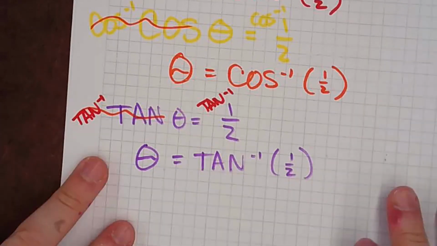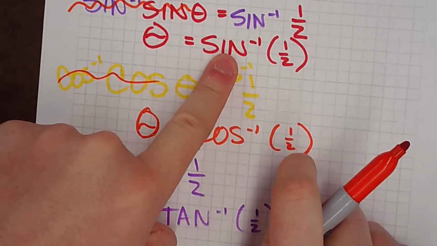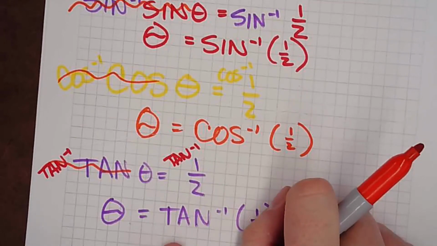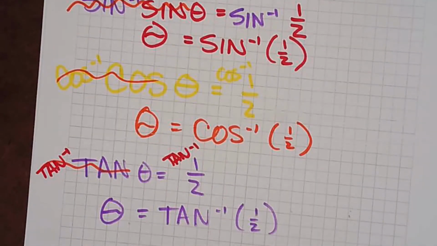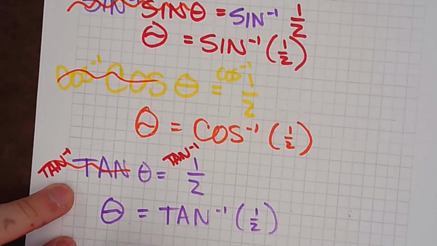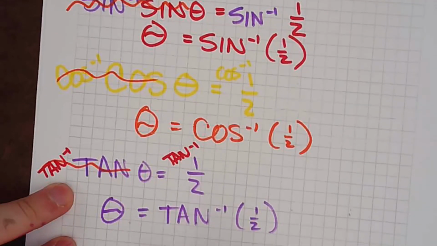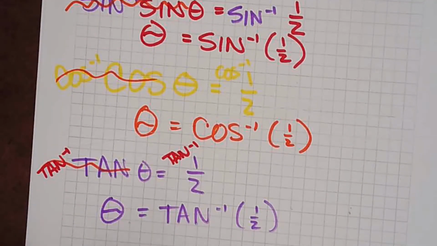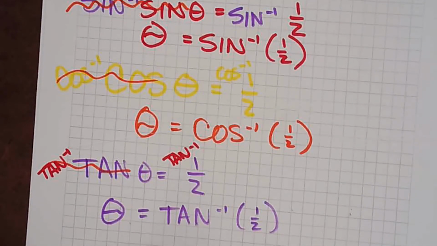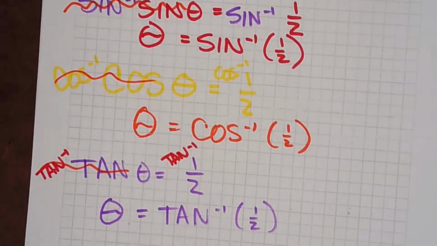So the opposite of sine is sine inverse. The opposite of cosine is cosine inverse. The opposite of tangent is tangent inverse. There's another name for these. Arctan, arc sine, or I'm sorry, arc cosine. I'll do that in orange. And arc